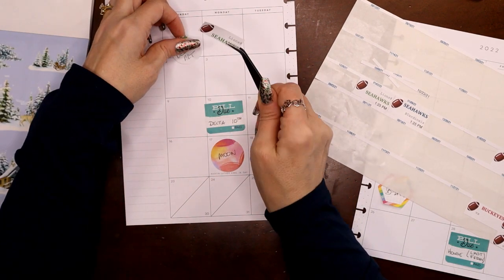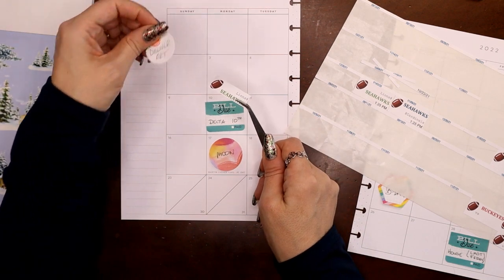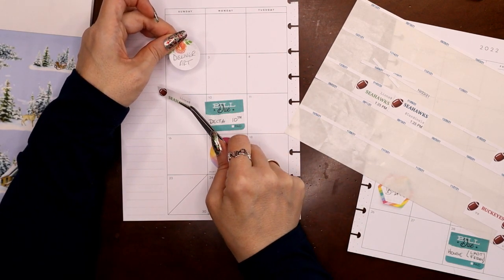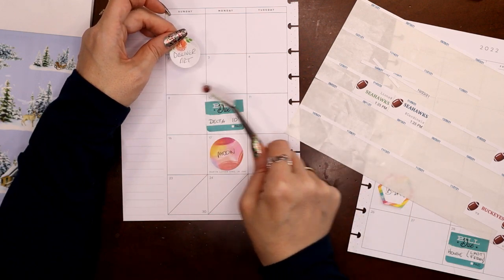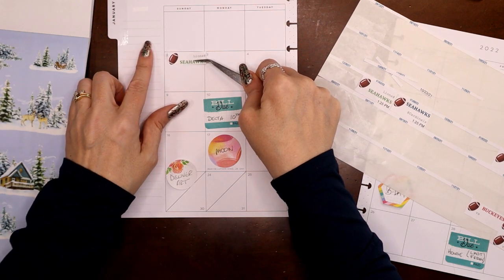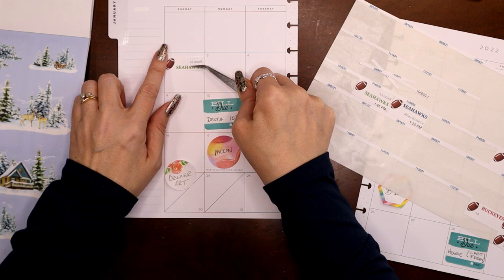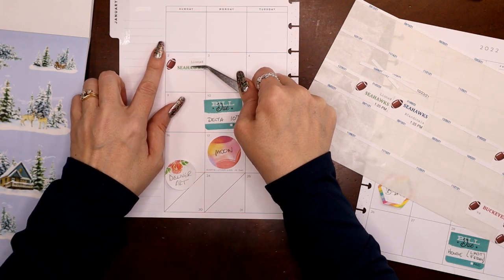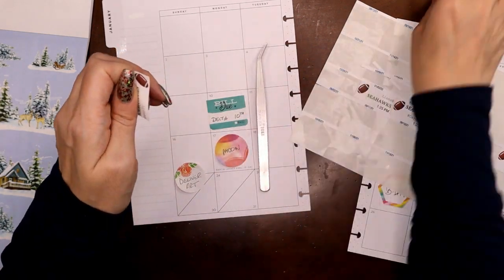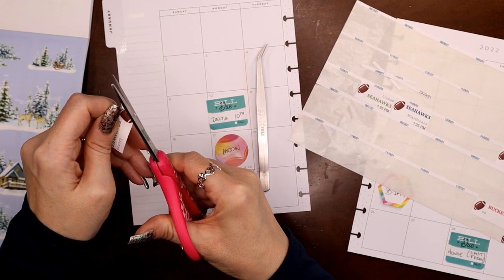And actually, you know what? As I'm going, I'm thinking, since this is a long drive, this may involve an overnight trip. And if that's the case, then I'm going to want to put washi tape across the days of the trip. And I like to do that at the bottom. So I'm actually going to put this up high, right up under the number, way up high. And actually, I could even, if I cut right around the edge of the football, like this,